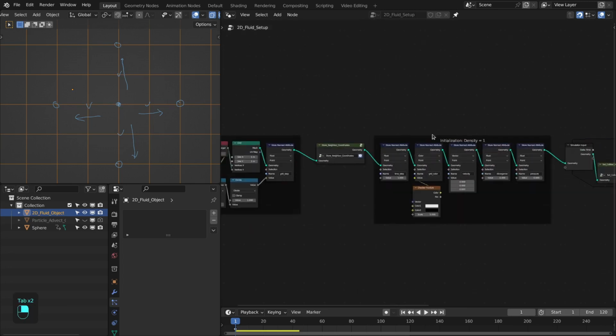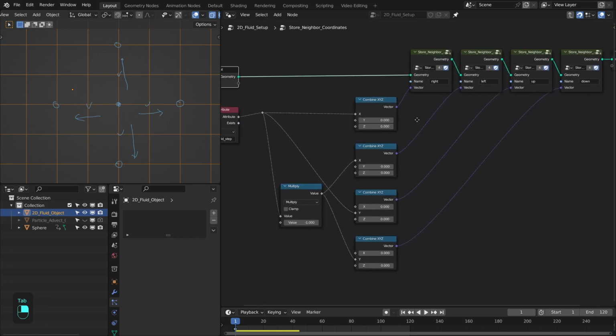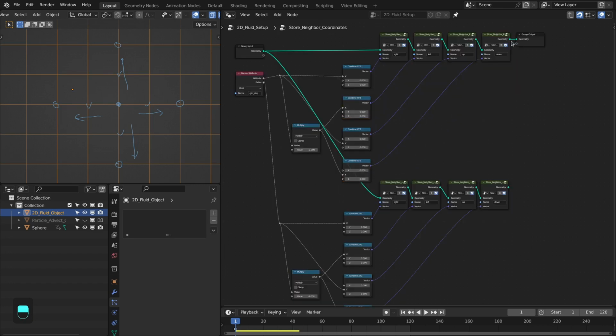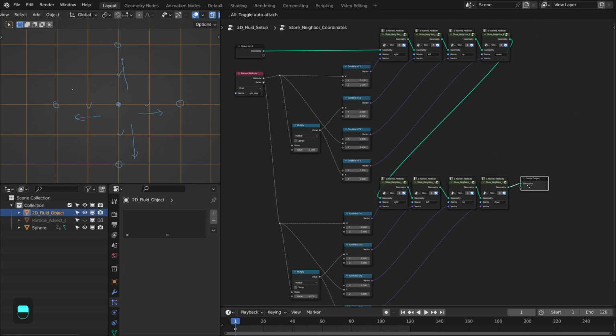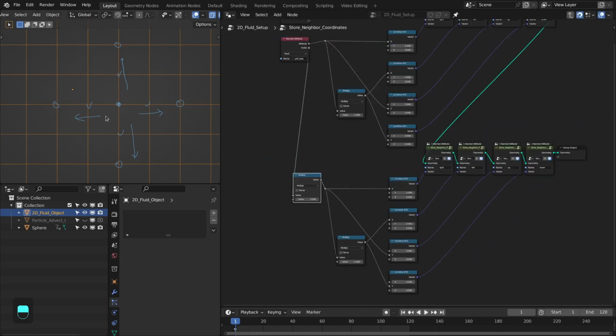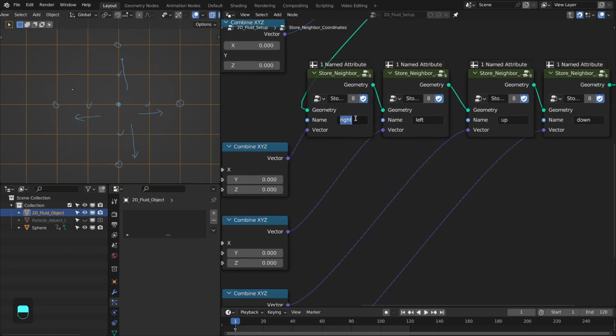So let's go outside and go to this store neighbor coordinate node, and here we are storing these neighbor coordinates, this right, left, up and down. Let's duplicate this one, then plug this to this and this to the group output node, and let's duplicate this one and type here 2, because we are going for the 2 grid steps. This is 1 and this is 2. And now we have these next neighbors. Now let's rename this as